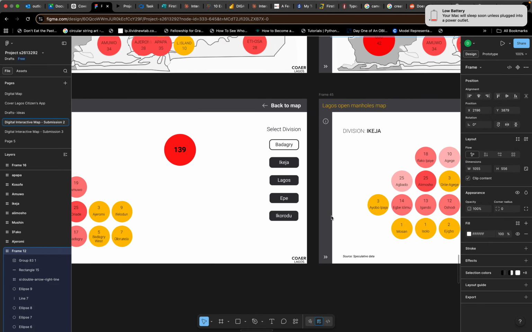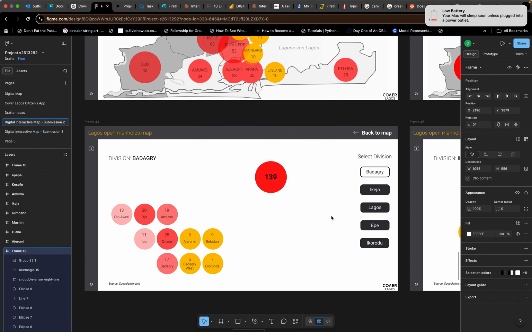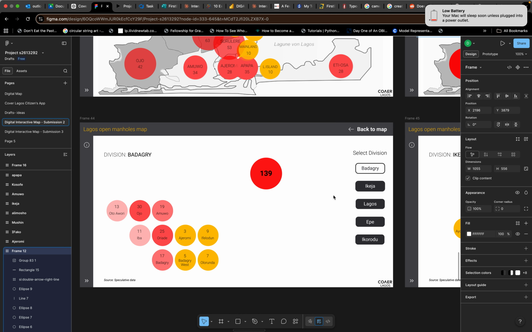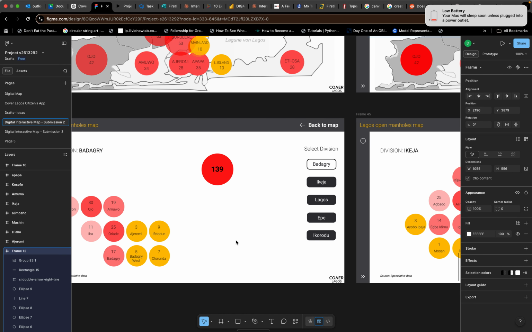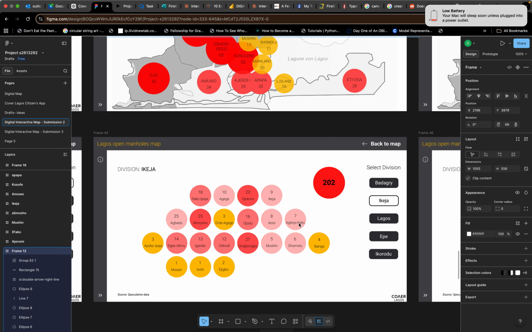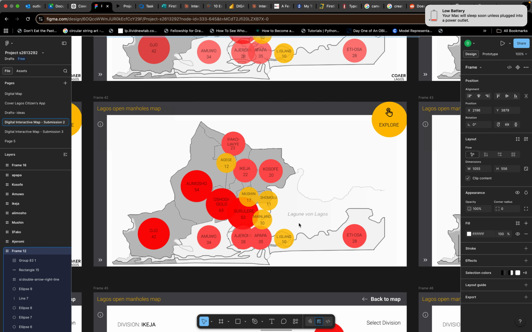Okay, so here is the view by the divisions in Lagos State, which is made up of 5 divisions. The divisions are still related to both the community development areas as well as the local government areas, but the divisions just allow you to see more details of the reported manholes in the local community development areas. So here is the data by divisions, and up here is data by